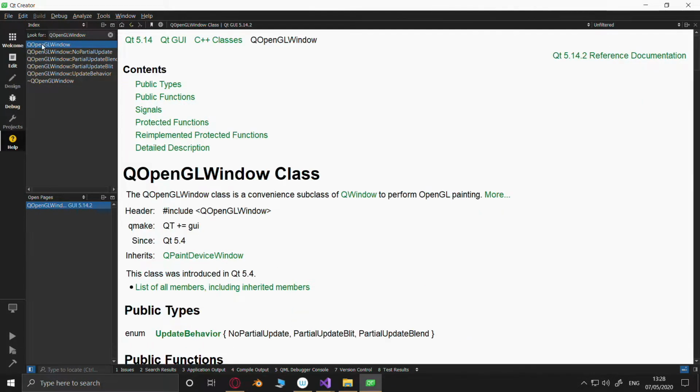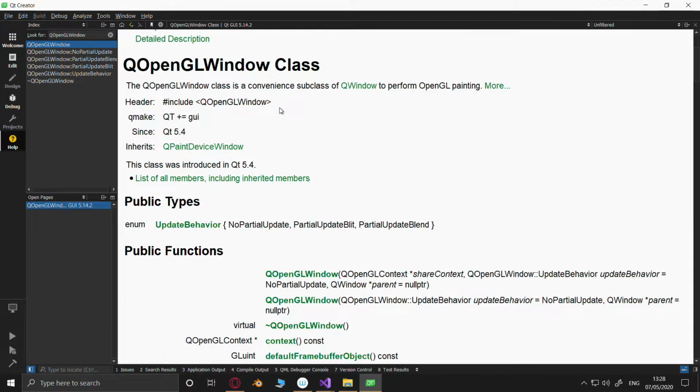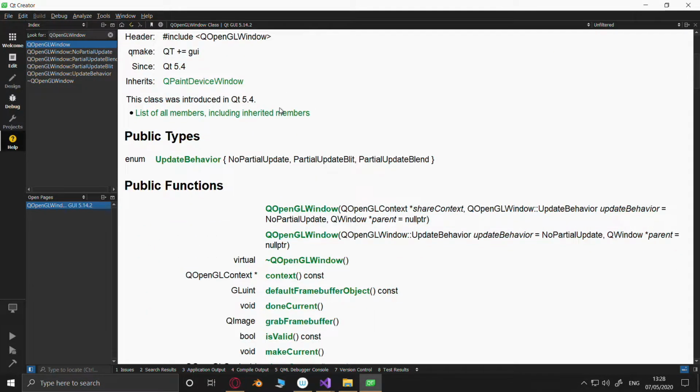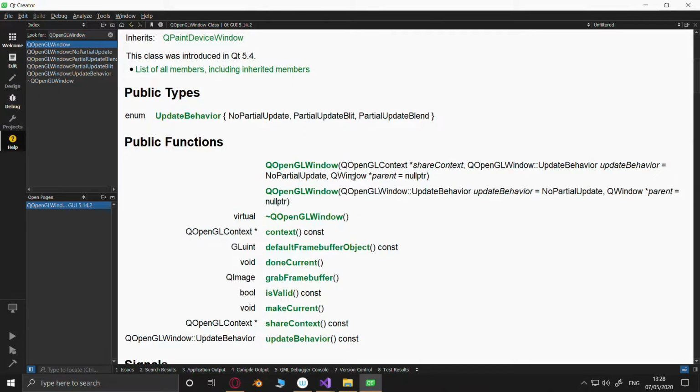Let's have a quick look at you, matey, and see how you set up. Yeah, I thought so. It's a Gui window. It's not a widget, but it can contain widgets.